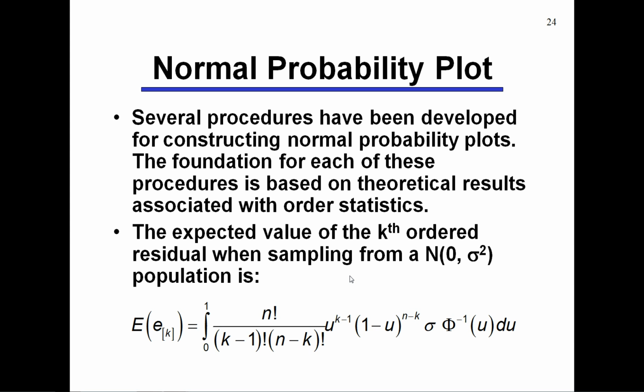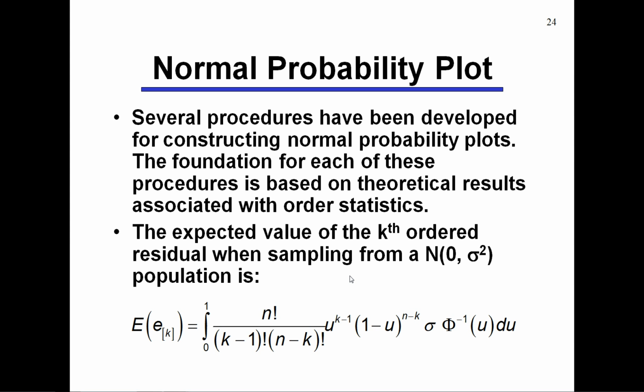Now, the expected value of the kth ordered residual, that is, if we took them from smallest to largest and ordered them, when we're sampling from a normal distribution with a mean of 0 and a variance of sigma squared, which is the assumption we've made about our random error terms, is a very difficult